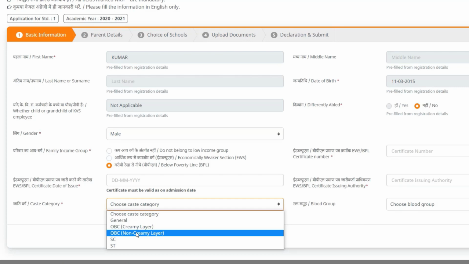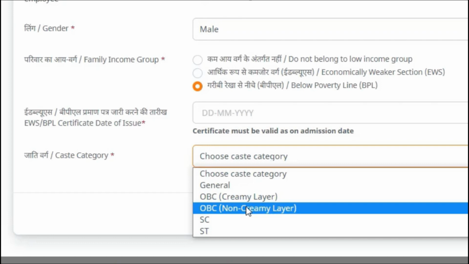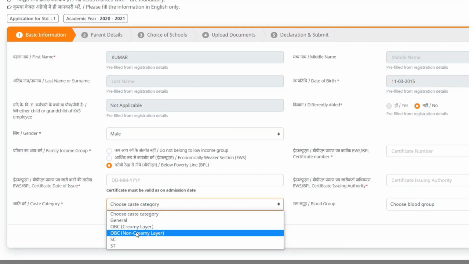If they do not belong to the low income group, they will not be considered for the RTE. So here you have to select economically weaker section or below poverty line. For this you have to select. The number which they issued in the EWS certificate, you have to mention there, or the date of issue also you can mention there. Caste, for example, there are the castes here: general, OBC creamy layer, OBC non-creamy